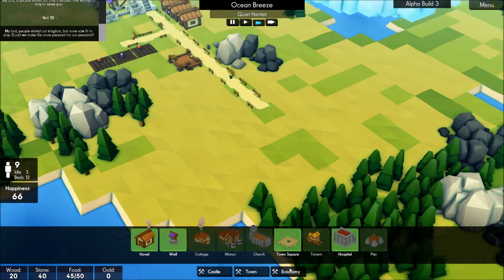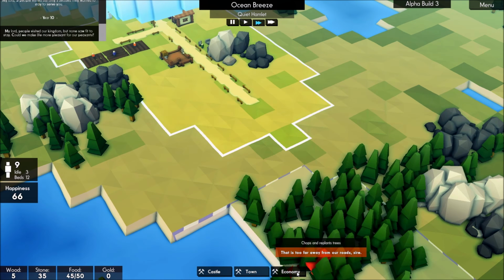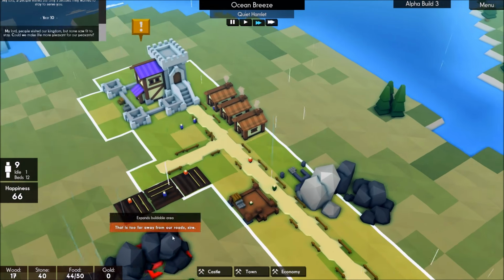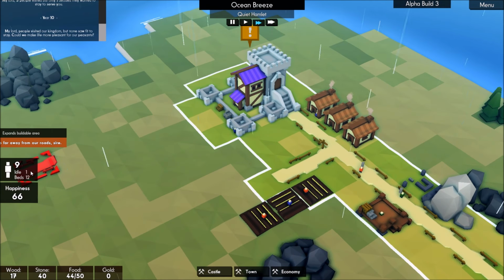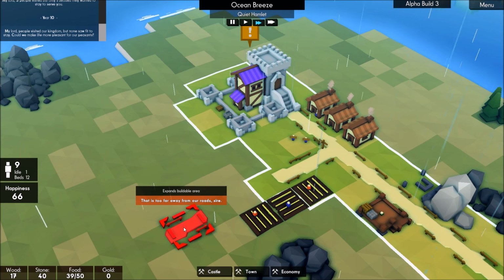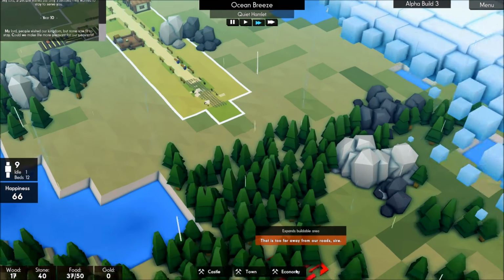So we now have 20 wood. Let us go and build a forester, which is of course too far away from a road. Come on. These dudes are lazy, man. We did gain 1 person. Happiness is decent. Food, 50. I mean, it's not great, but...